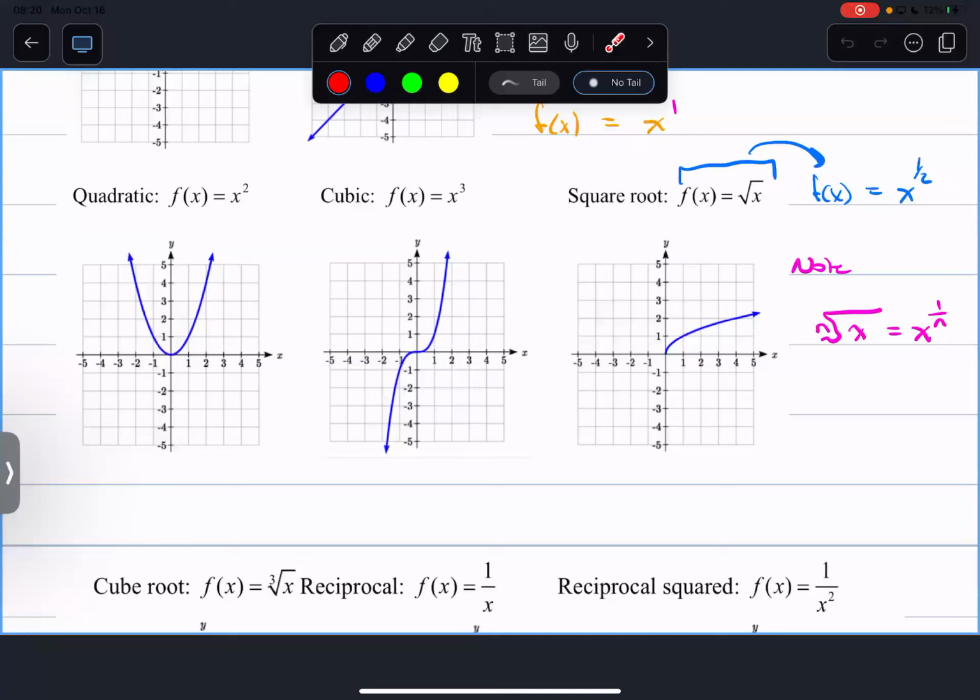So it just kind of, but the general shape is the same. Okay, and same thing with x to the power of 3. Well, that's going to be the same shape for any odd power. So it'll always look like this, but again, it's going to kind of sit on the x-axis a little bit